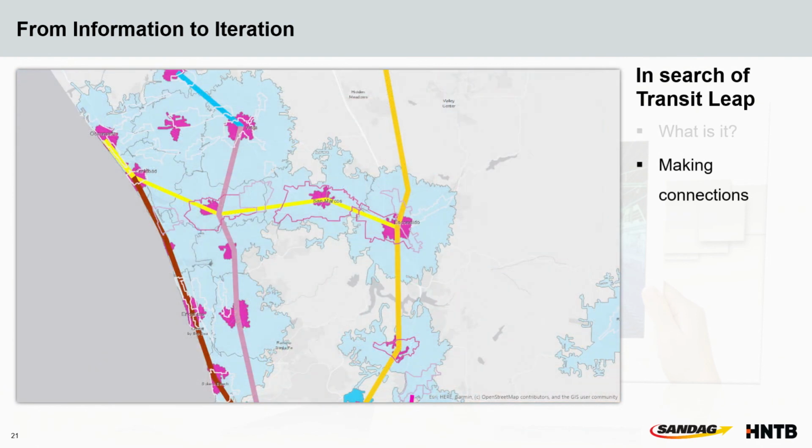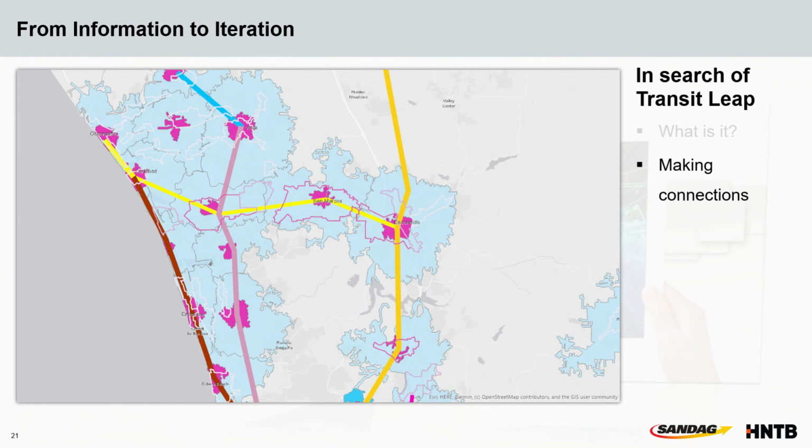So using the hub locations, we could start also iterating through these Transit Leap connections. We could start looking at different tiers of service, different train speeds, all the way from 65 miles an hour up to 110 miles an hour, trying to be competitive with those same origin and destinations of a comparable drive time. Again, to make it attractive to get away from the automobile and onto these other